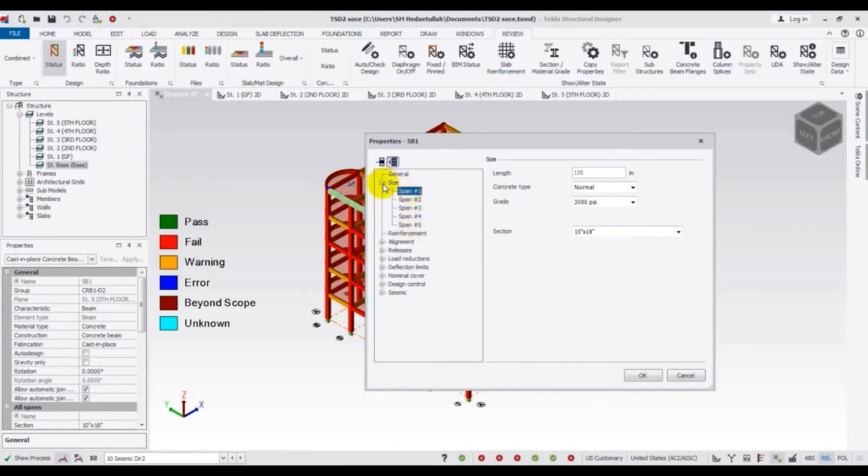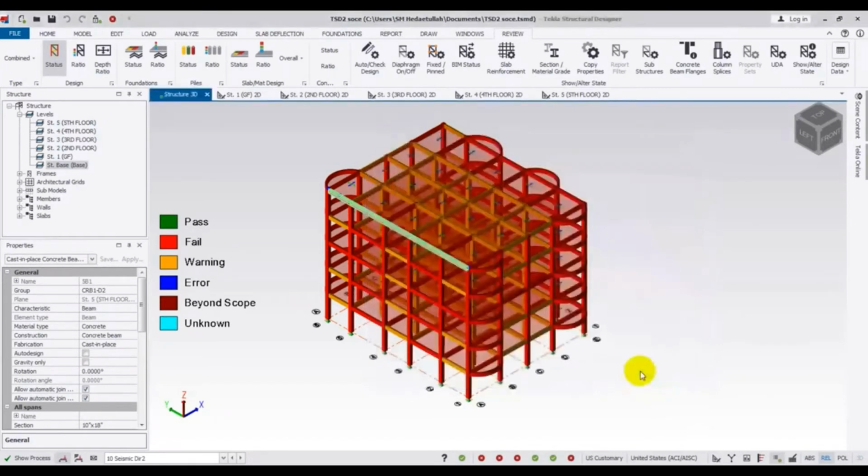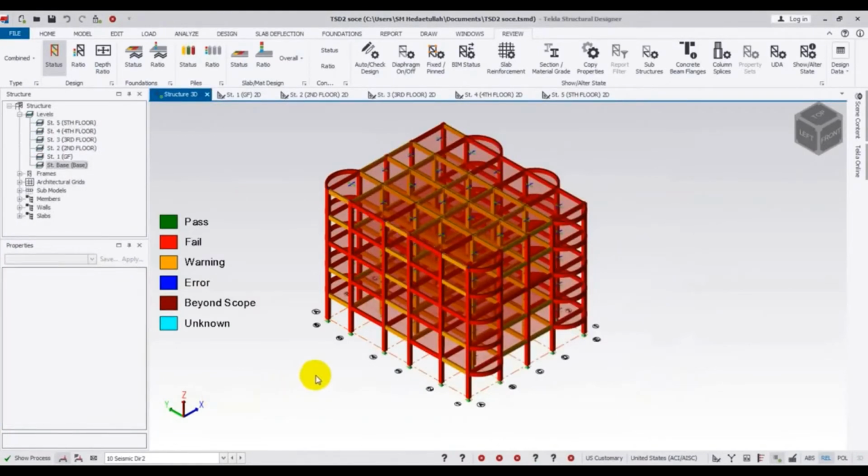So I will just change its size 10 to 25, that's also 10 to 21, that's also 10 to 21, then 10 to 21, and also for that 10 to 21, and just we'll see what happened. Then escape. Now see that